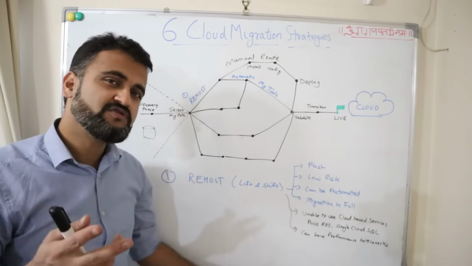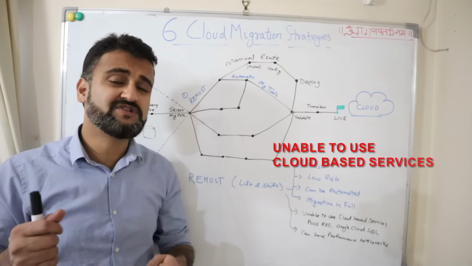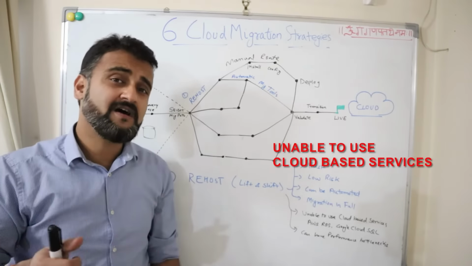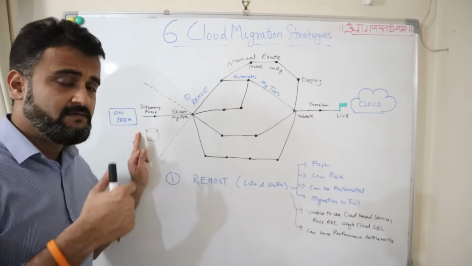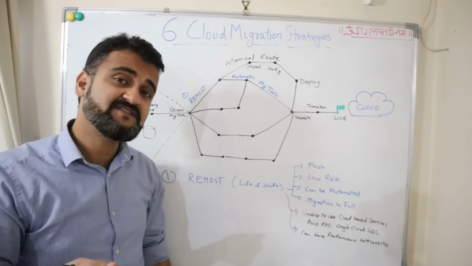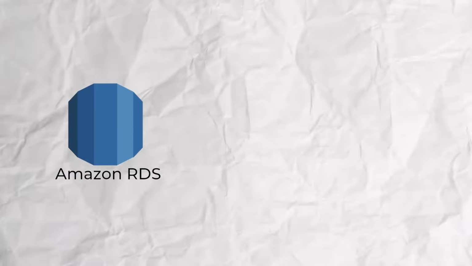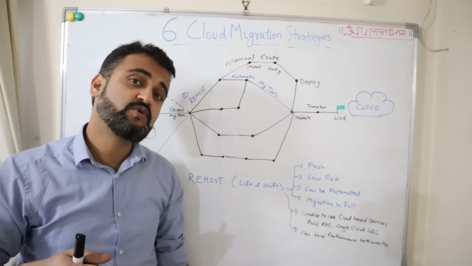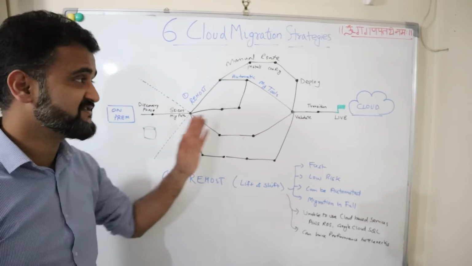So now let's talk about some downsides of this strategy as well. The very first is you won't be able to use cloud-based services which are way cheaper and more efficient. For example, instead of using an on-prem DB deployed on a VM, you could also use database services provided by Amazon like AWS RDS, or for Google Cloud we have Google Cloud SQL, or something for Azure. So these services would be more efficient and cheaper than maintaining this infrastructure on the